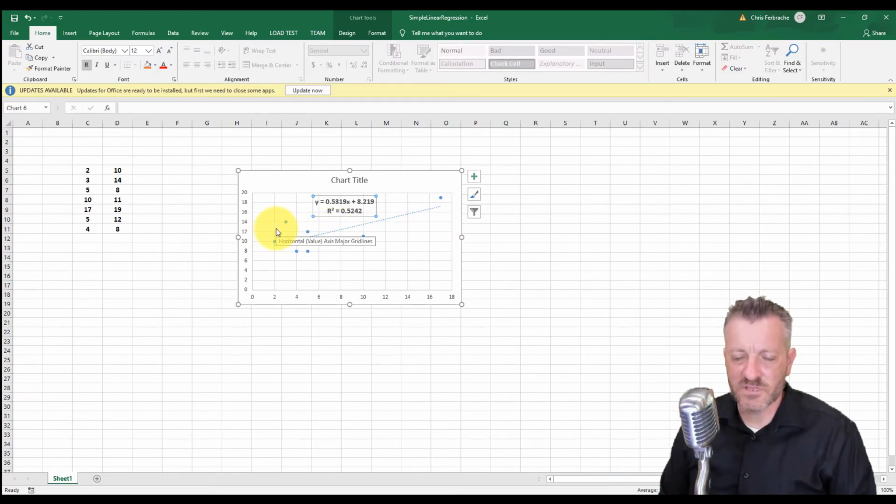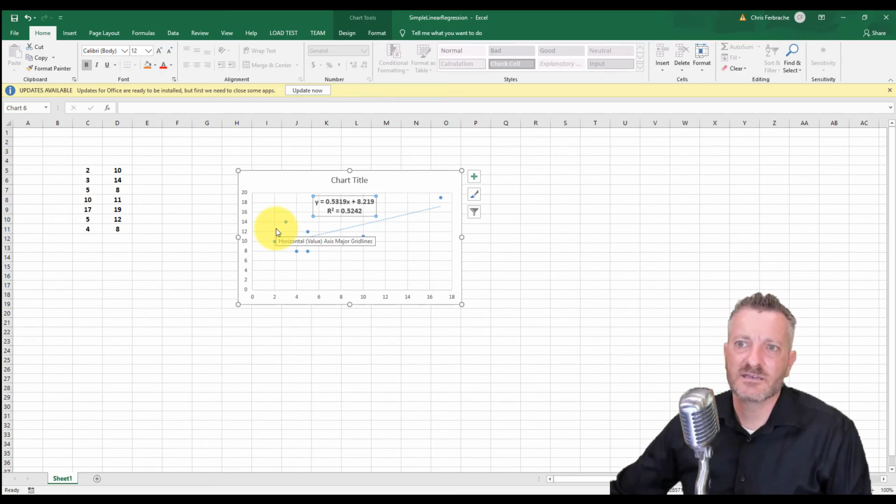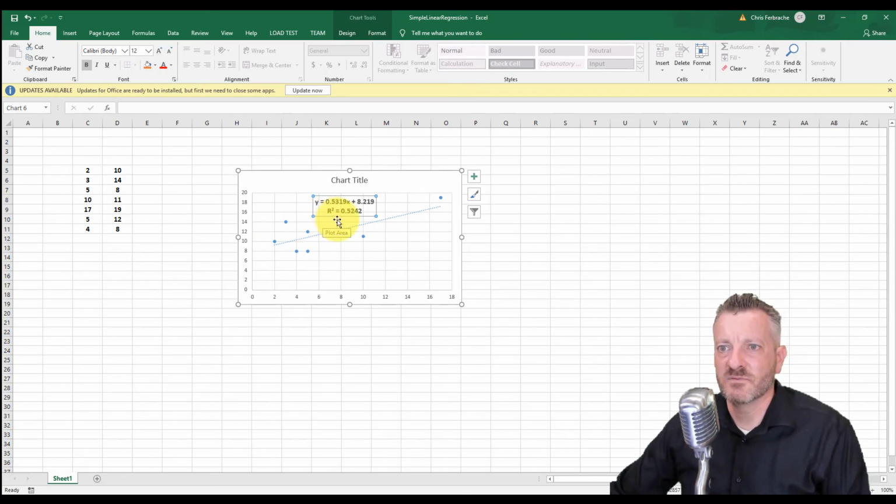Sometimes Excel does a really good job with statistics. Sometimes it's a little bit wonky or just not very intuitive. And I say doing the simple linear regression with Excel is pretty useful because it's pretty quick. And then it also gives us the r squared, and so you can go from there, and you can use that in other calculations as well.